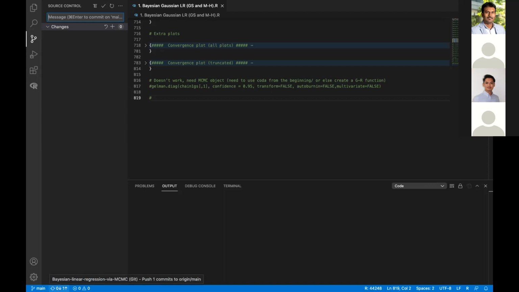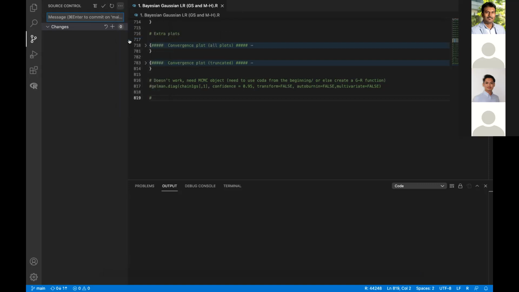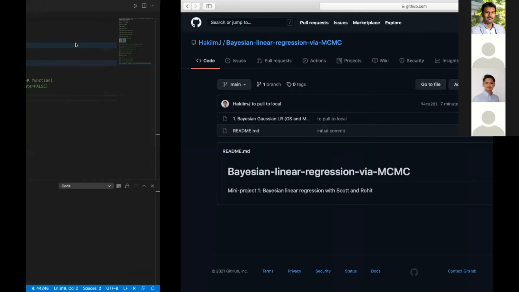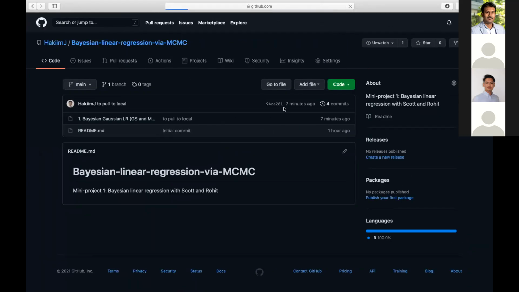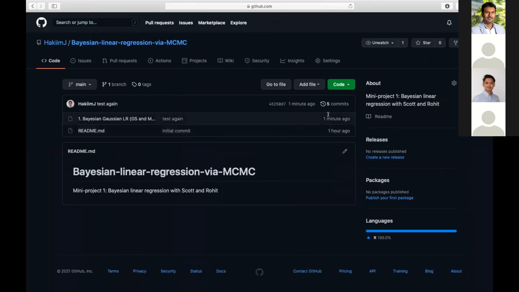So every time I'll have to click this one, right? There is no shortcut. You can either click on that, or you can go to the three dots that you see on the top right corner and click on push to push the code. Whenever you have to get the changes that I or someone else has made, you can do a pull from here. Oh, pull. All right, cool. Yep, one minute ago. It works, I guess.